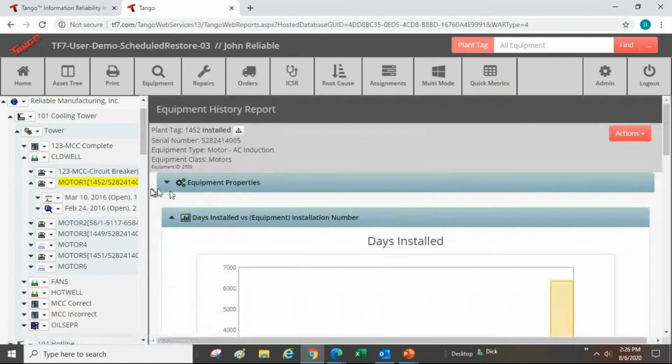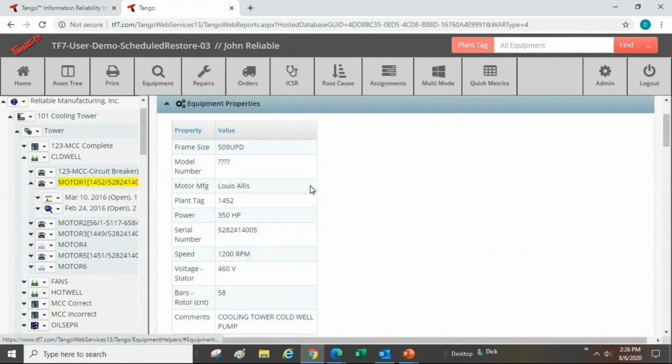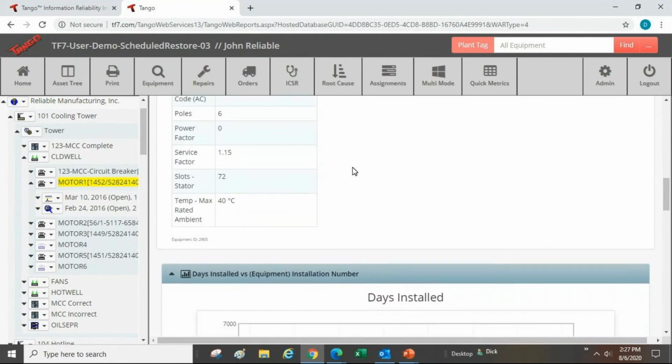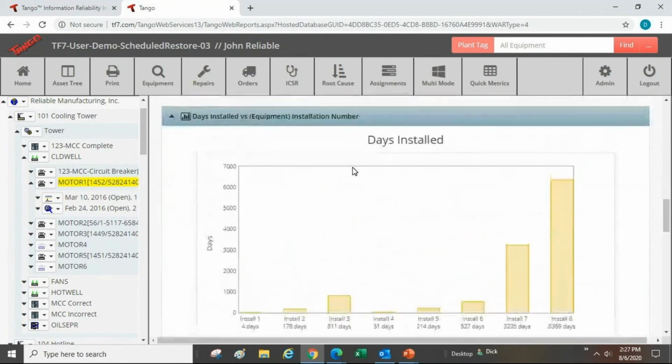And now I get details. In this case, for example, all of these motors have been around 350 horsepower, needing a frame size, a 509 UPD frame size to fit the base plate easily. And this is the other documented information that we're tracking. But once again, I see that 1452 has had short service life, short mean time between failure until later